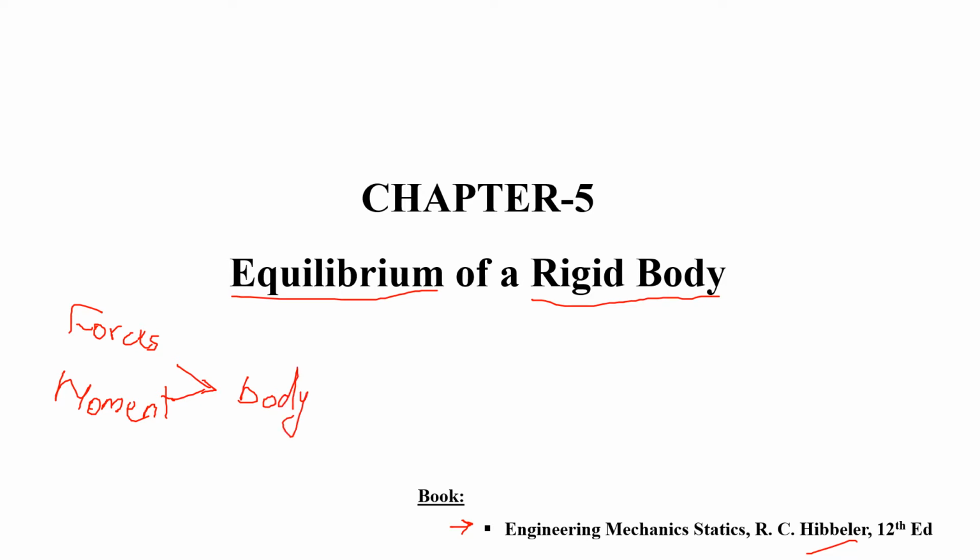Today we will start with how we can have a body which is at equilibrium, which means that the net sum of the forces and the moments equals 0. Secondly, we have talked about a rigid body. Rigid body is a very important condition for statics because